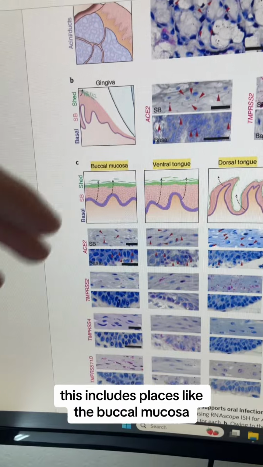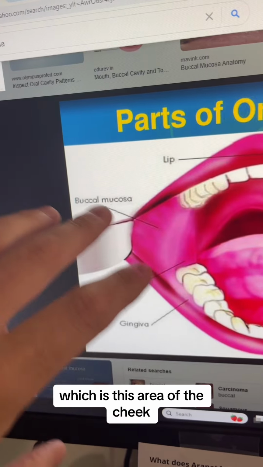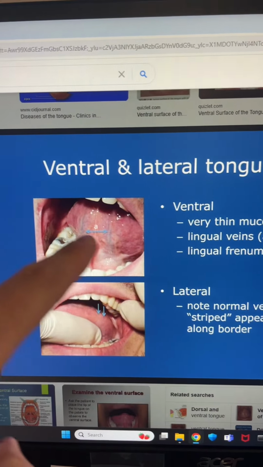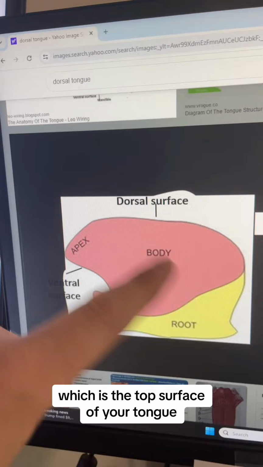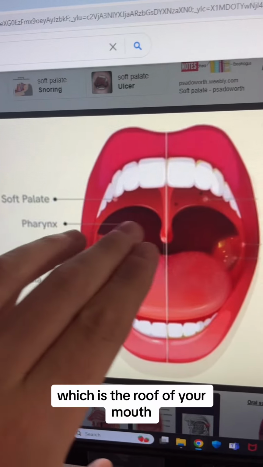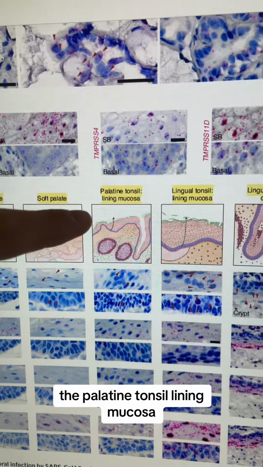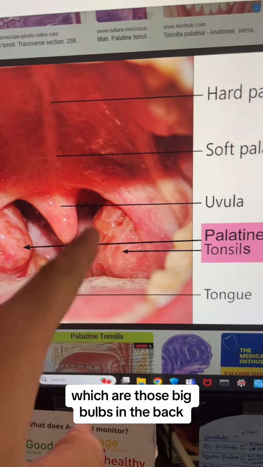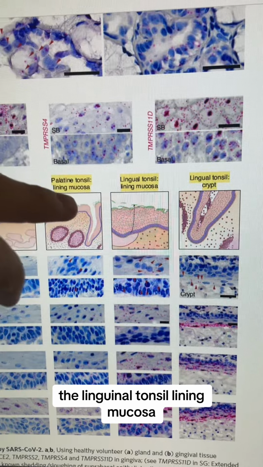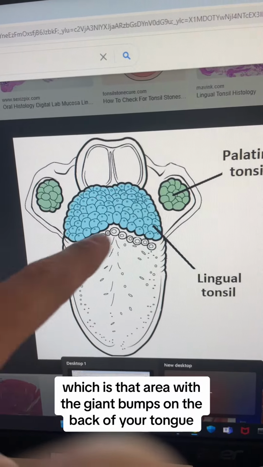multiple places. This includes places like the buccal mucosa, which is this area of the cheek, the ventral tongue, which is the underside of the tongue, the dorsal tongue, which is the top surface of your tongue, the soft palate, which is the roof of your mouth, the palatine tonsil lining mucosa, which are those big bulbs in the back. That's not the uvula, but the things next to it. The lingual tonsil lining mucosa, which is that area with the giant bumps on the back of your tongue, and